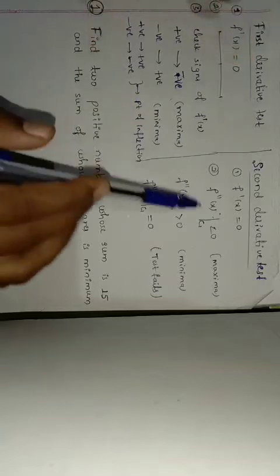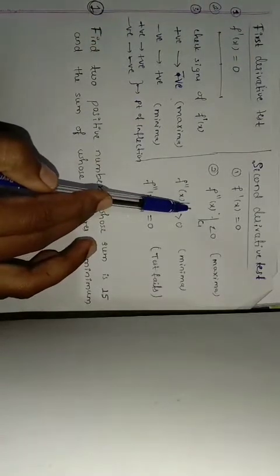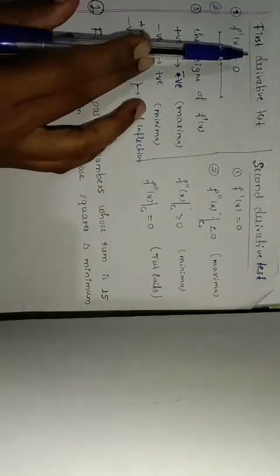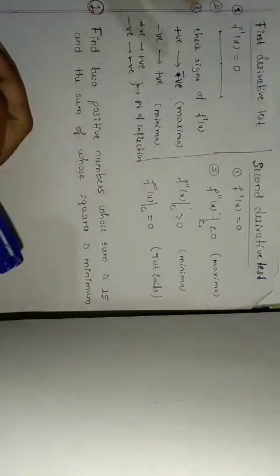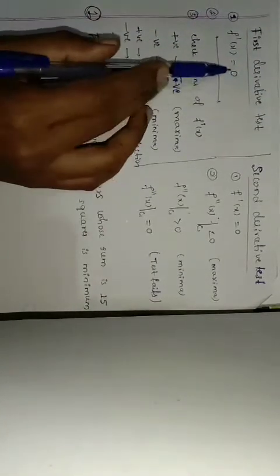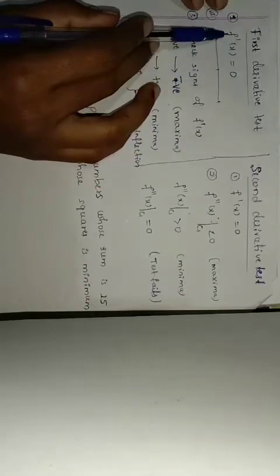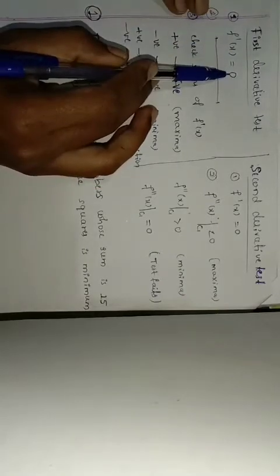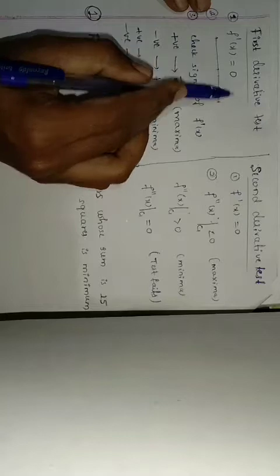So we are already done with the first derivative test and the second derivative test. Okay, and we know some steps which we follow in the first derivative test as well as in the second derivative test. Okay, in first derivative test what we will do? So first we will do the f dash of x is equal to 0. Okay, so then after that we will get the extreme points.